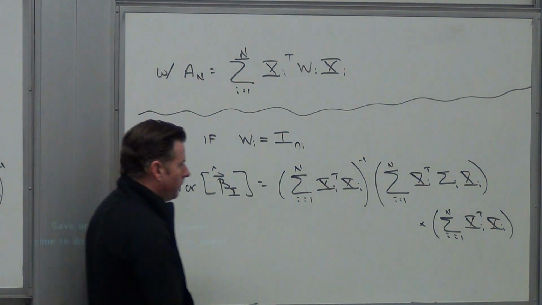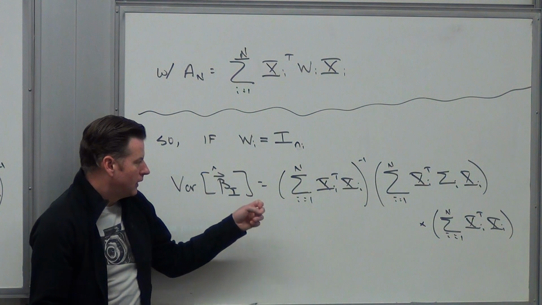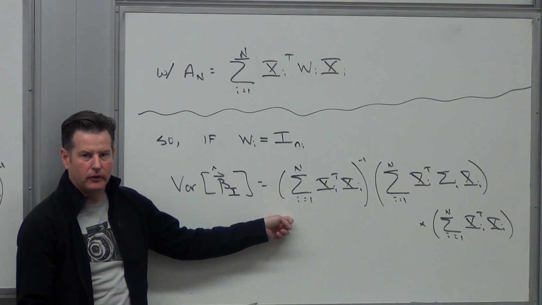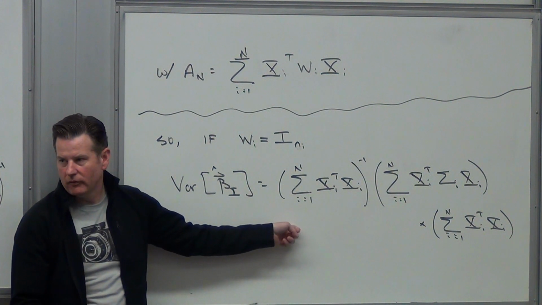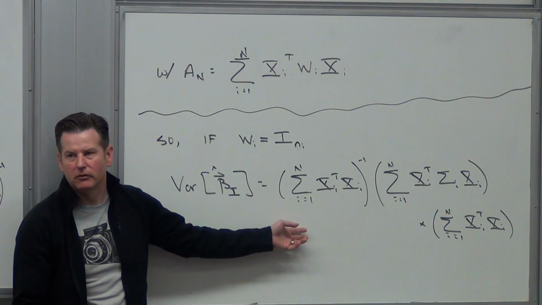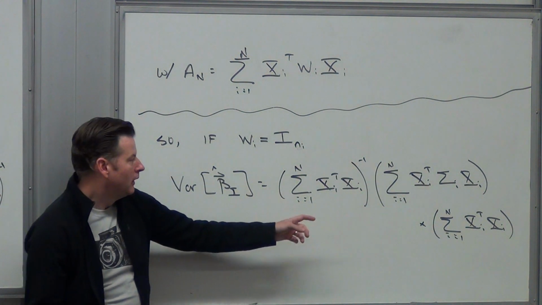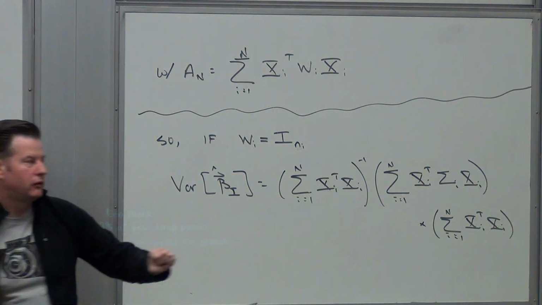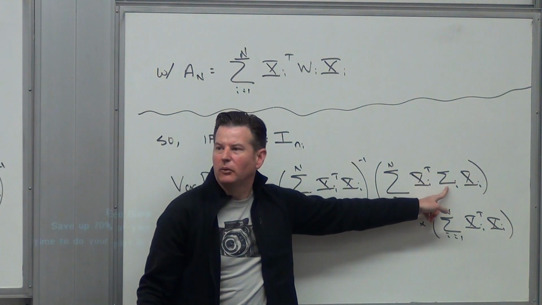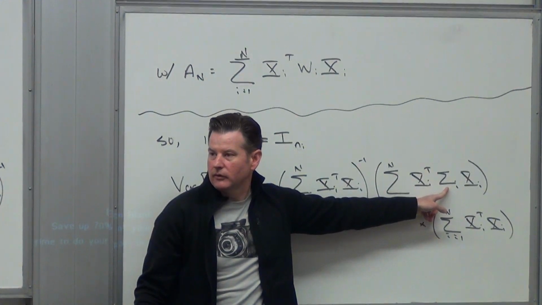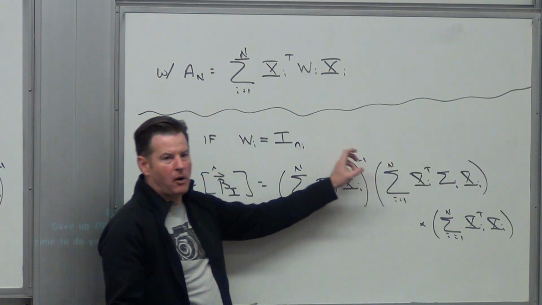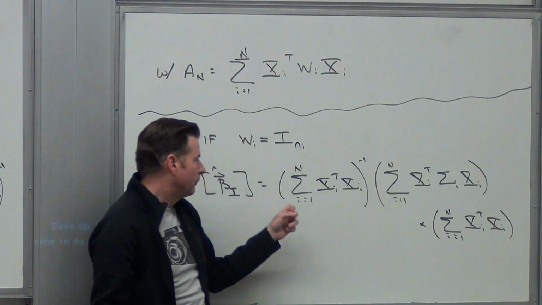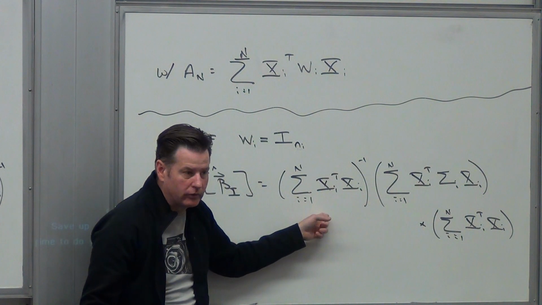So now, take yourself back to 211 and 210 days. That looks very familiar to us now, right? That was exactly what we derived in the univariate case. This is the multivariate version of that. If I had homoscedastic errors and independence across all observations, in other words, if sigma i was equal to sigma squared times the identity matrix, that sigma squared would pop all the way up, and I would get cancellation, and so I get something that looks like sigma squared times x transpose x inverse. You guys with me on that?